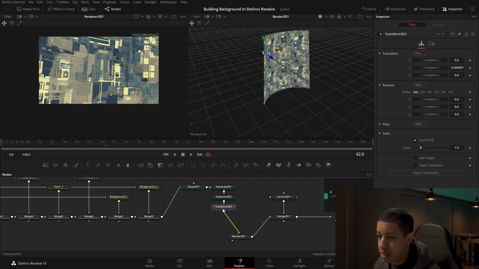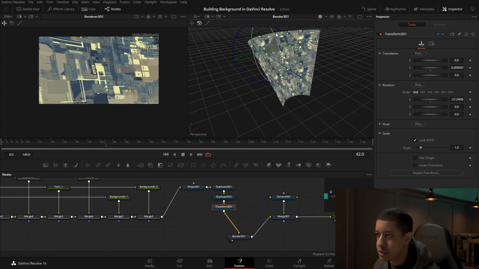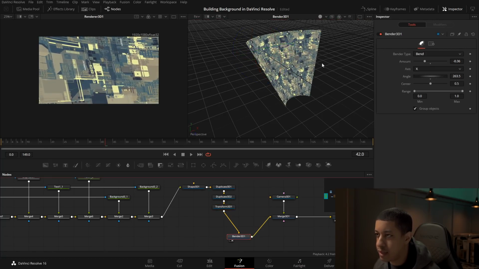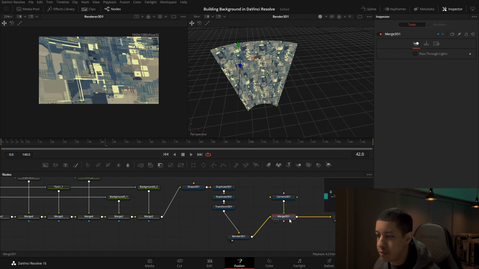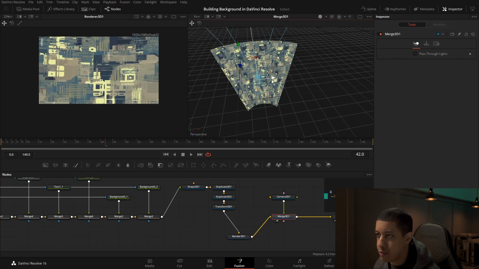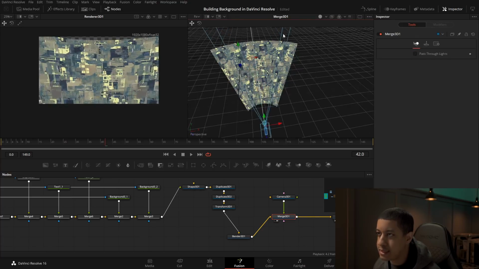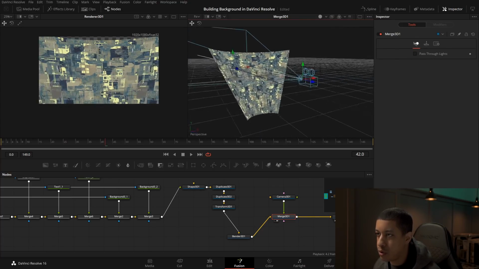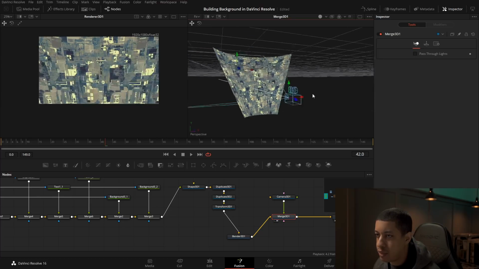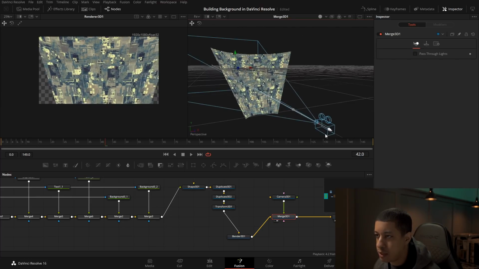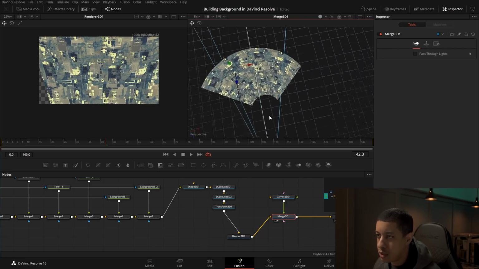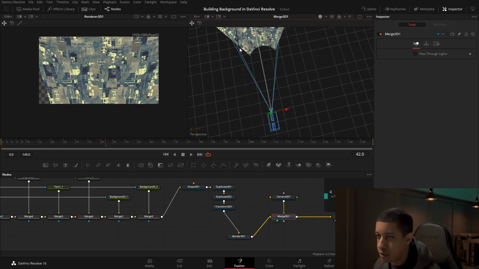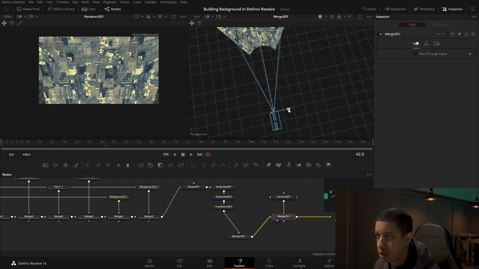And in this merge, we can now do our rotations. So we can do something like that, and that's looking kind of cool. So let's come back to our merge. We can see our camera here, so we can pull us back. These lines are just showing our view of everything. So if we pull this back, we can kind of see everything here. And now the cool thing is, once I see that one little arm right here.